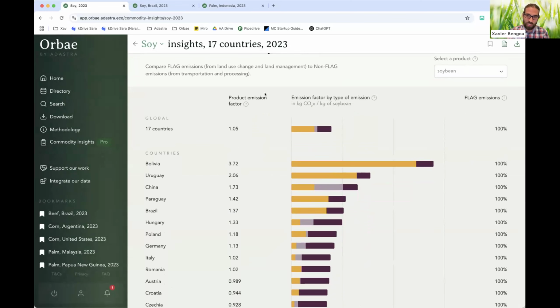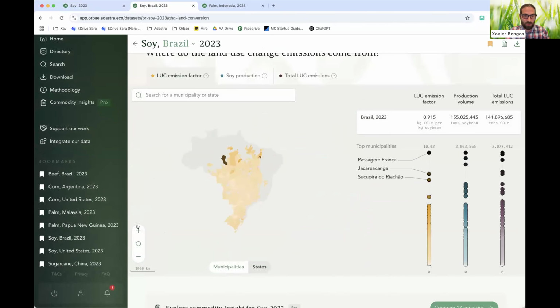So when you look at land use change in contrast to land management emissions, in contrast to post-farm processing emissions, well, we provide all of that information in a single place just to make your carbon accounting so much easier than it was before. And if I dive into one country, and this is the data for soybean in Brazil,